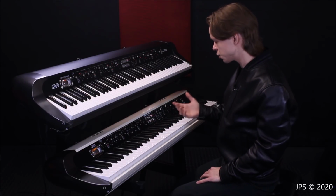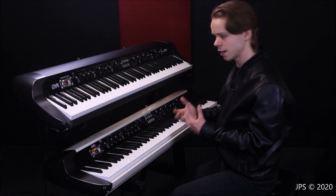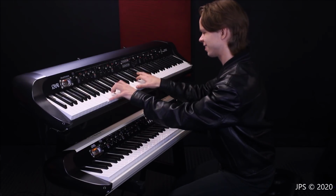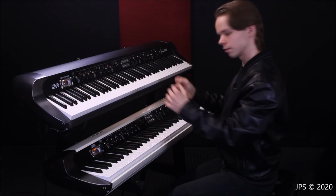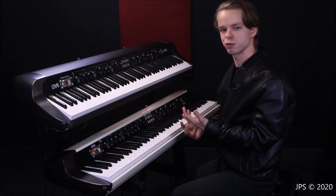If I set the touch sensitivity all the way up to 2, which gives us the brightest, punchiest sound, and I'll probably turn my gain down a bit for that, you will hear that it sounds a bit more like the Wurley up here. Not quite the same, but closer. So that is something I noticed different between the SV-2 and the SV-1, is that the other Wurleys of the